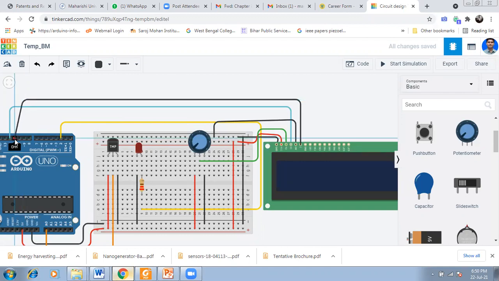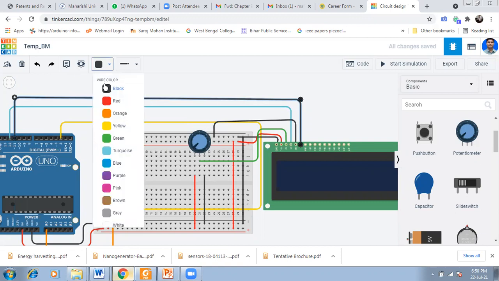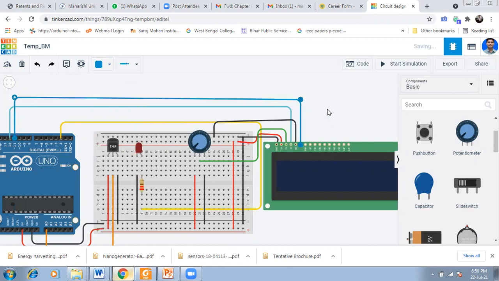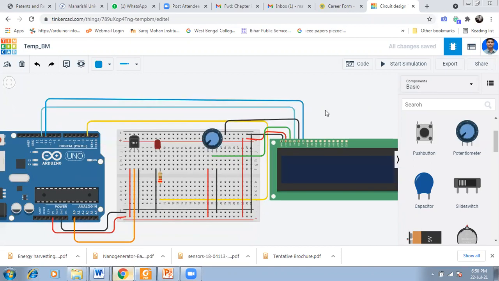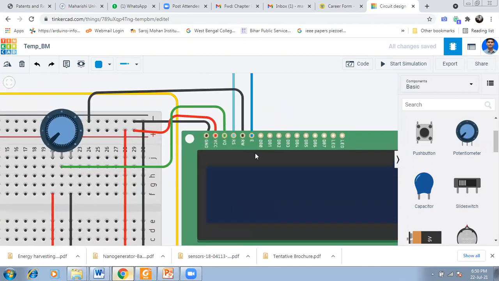So this is our 11 number pin. Change the color here, make it blue. Now see DB0, DB1, DB2, DB3, DB4, DB5, DB6, DB7, 8 pins are there, but we'll use